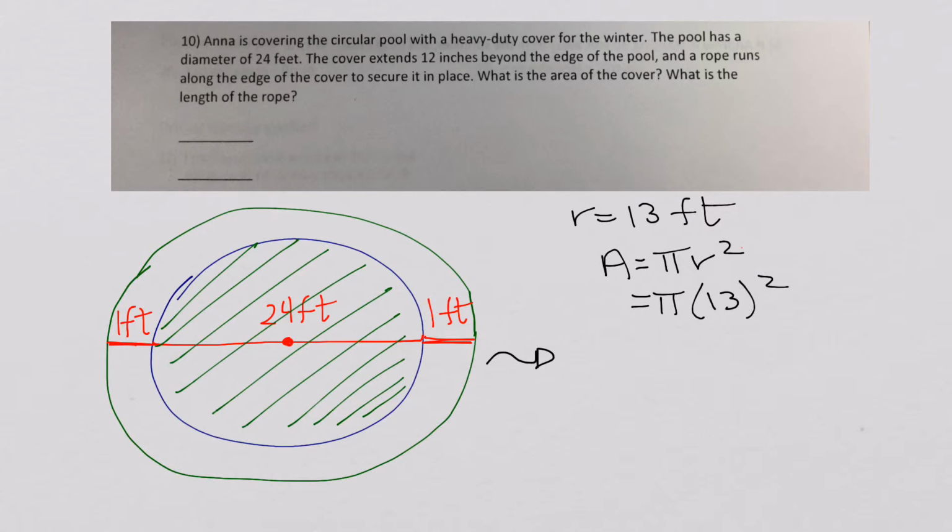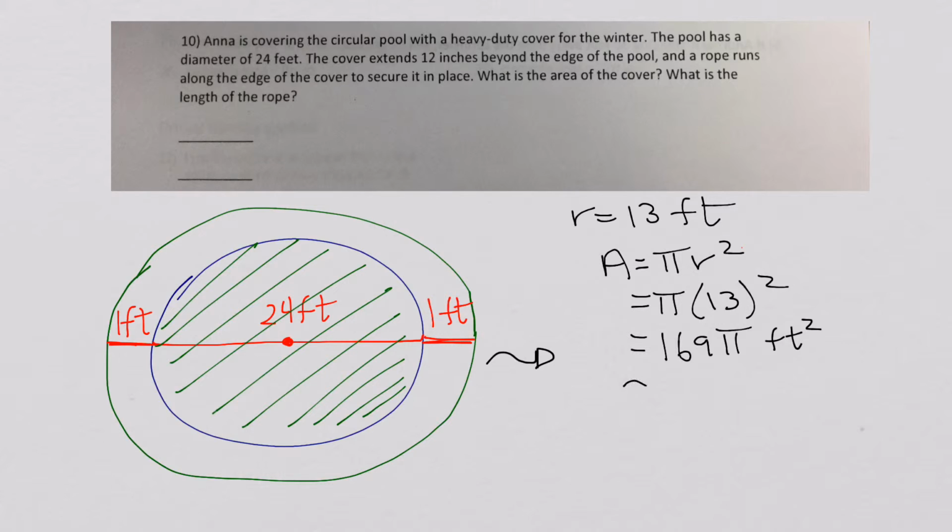13 times 13 equals 169. So we have 169 pi. This is the exact number, okay? And I would be fine with this as a solution. But I want you to realize that in real life, people don't typically talk about things in terms of pi. We're not going to say, like, the cover is 169 pi in area. We usually use real units, okay? So we could say 169 pi feet squared for the area,